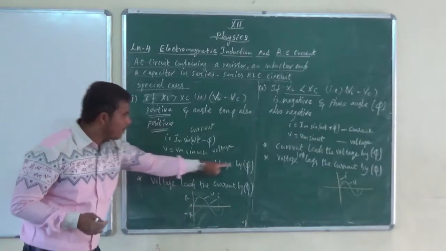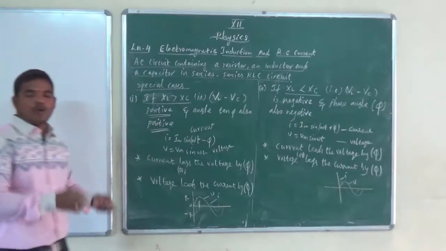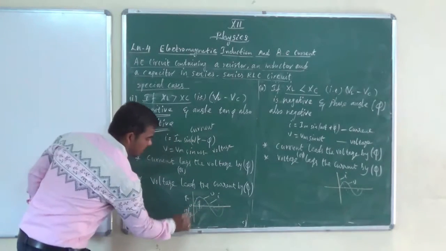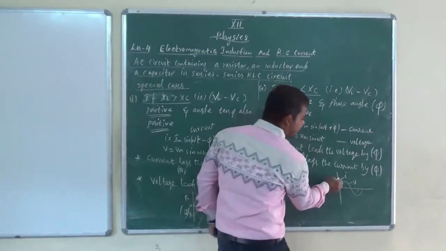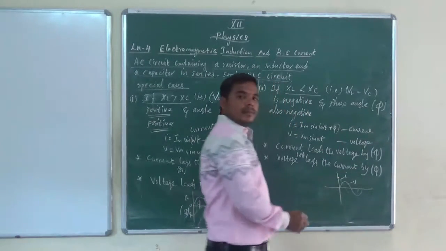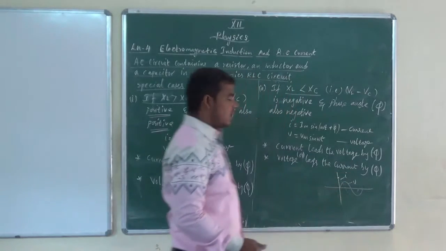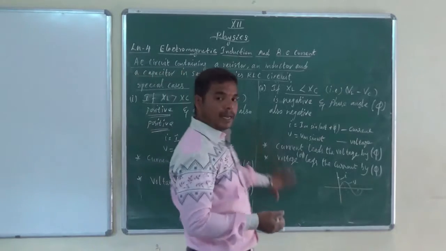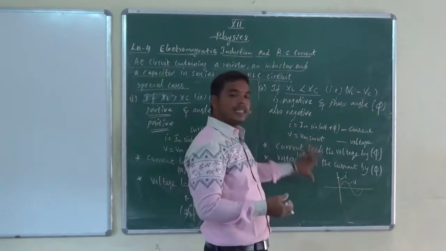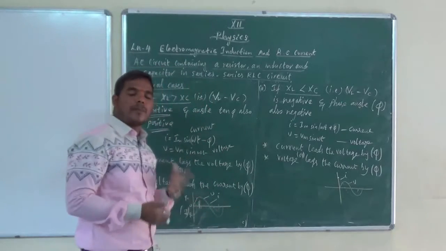How much? The angle is considered to be pi. How much angle? This pi. Here, the current leads that. See that? It starts at pi. That is 90 degrees. Otherwise, voltage lags there. You have to understand the concept very well. Using this concept and diagrams only, they will ask twisted and created questions a number of times.